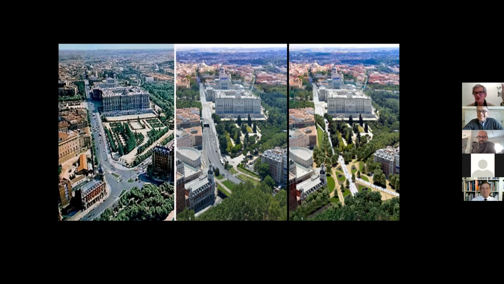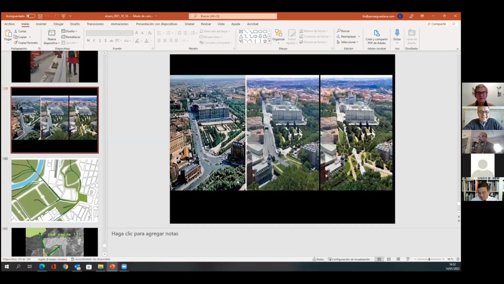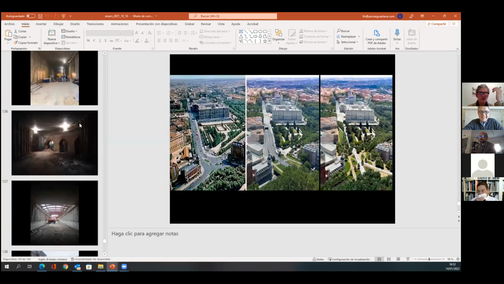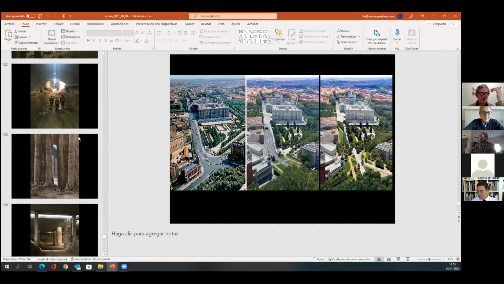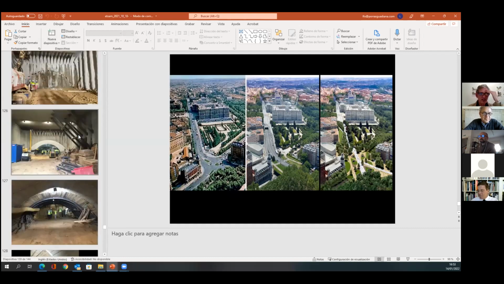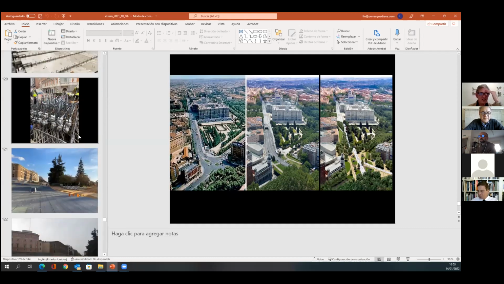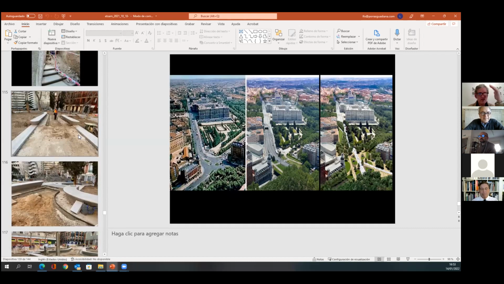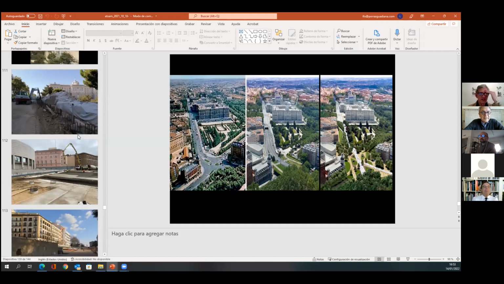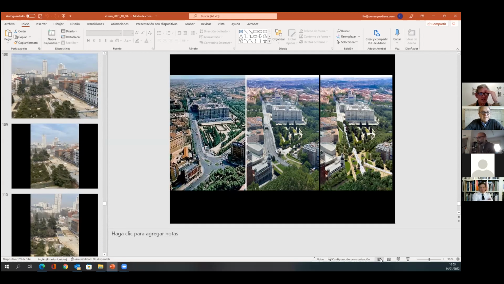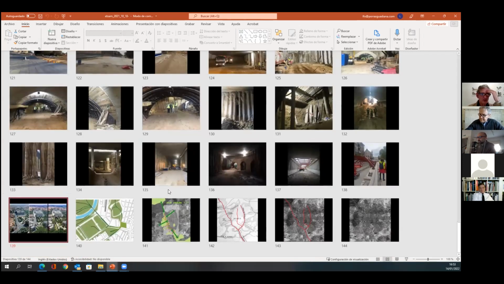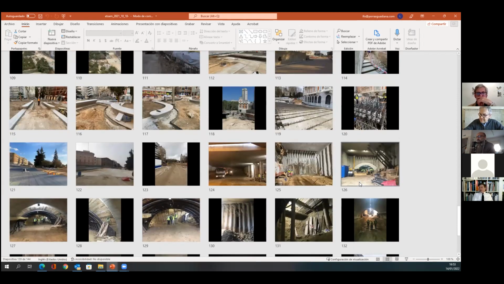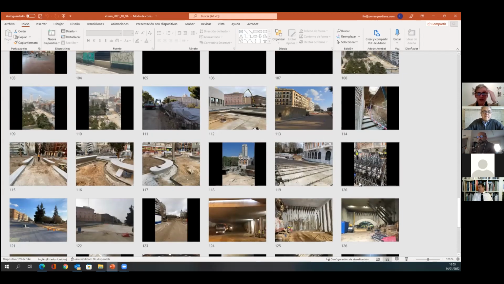So, Lorenzo, tell us about the building we find and how we solve the integration of the building in the project. So we find many things underneath, and we must solve in different ways how to integrate the heritage in the new project. So we can see some examples here. For example, the first, the palace of the Prime Minister.